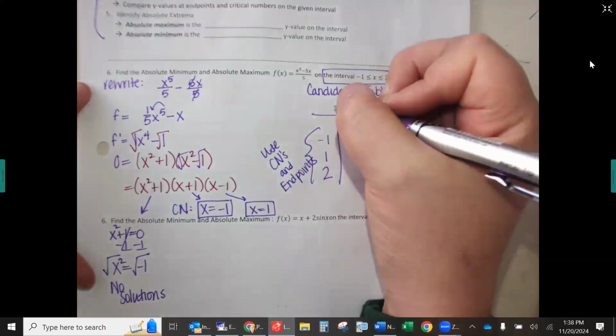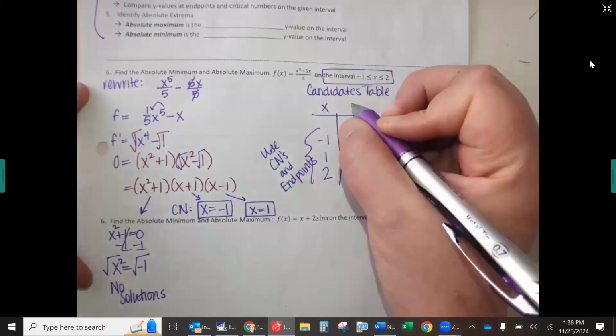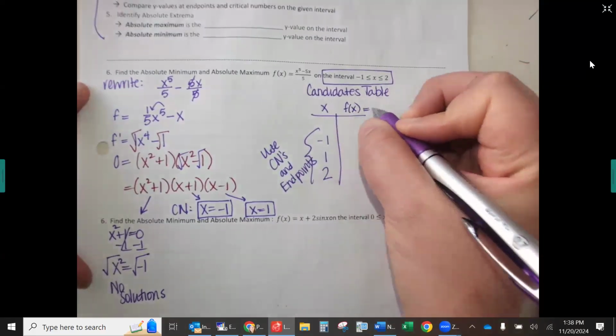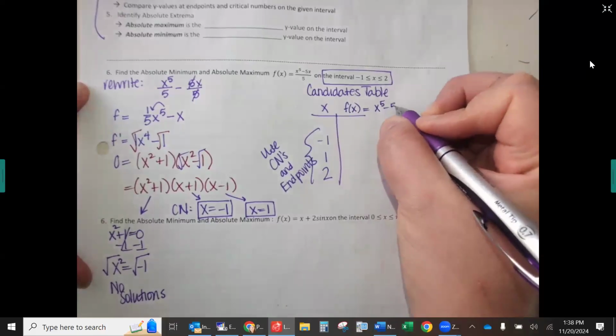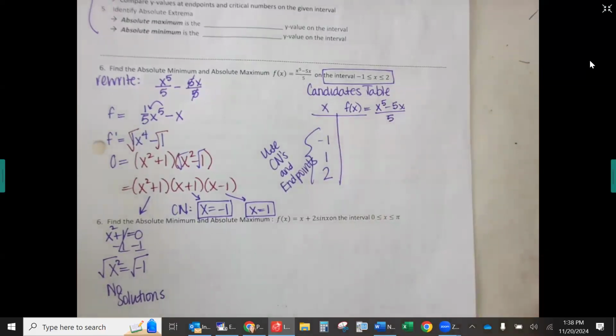And then once you put those x values in a table, you're just going to see whose y value is the biggest. So my equation is f of x equals x to the 5 minus 5x over 5. And then we're just going to take turns, plug each number in one at a time and see who's the biggest. Whoever's the biggest will be the absolute max. Whoever's the smallest will be the absolute min. So let's start with